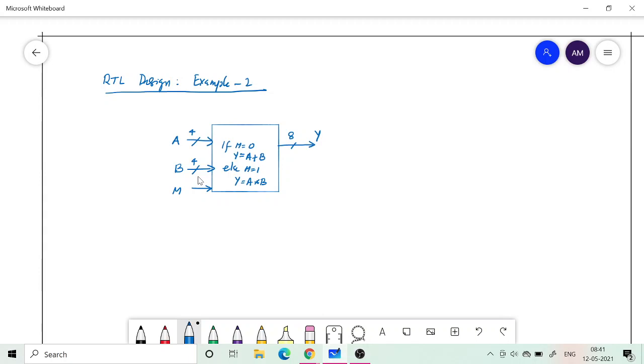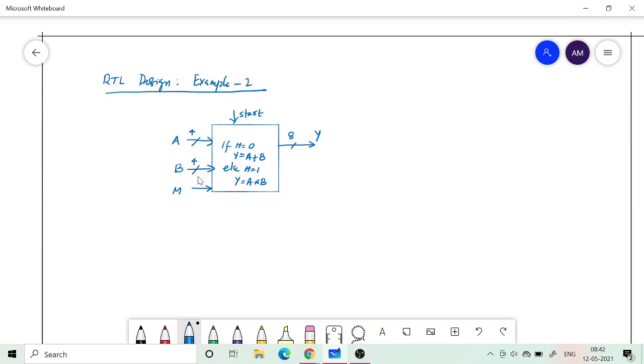Suppose when we are putting a new set of input, we want to tell this block that we have put a new input, so you may start your operation from the beginning. For that purpose, you can give a start input. It says that we have placed a new set of input A and B and mode selection input M, and to begin to work on it and produce the output. So this block will initiate its function only when the start is 1.